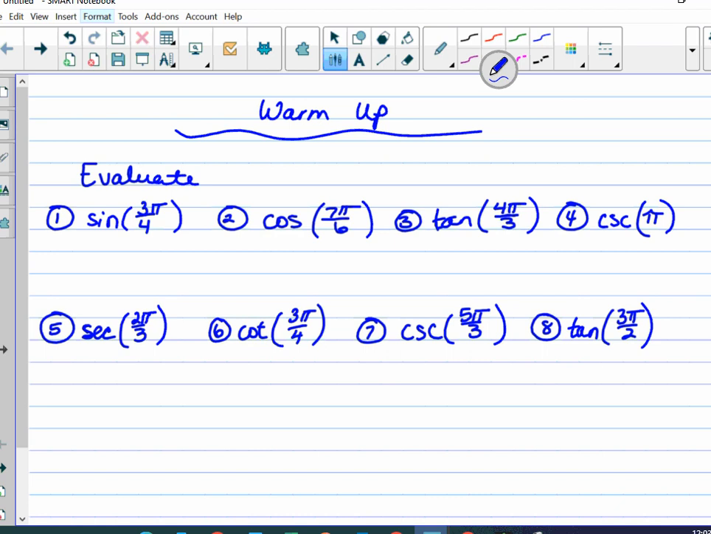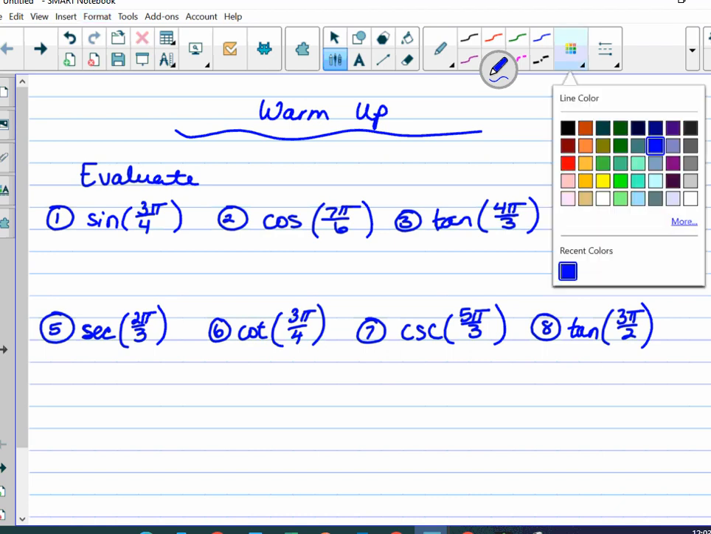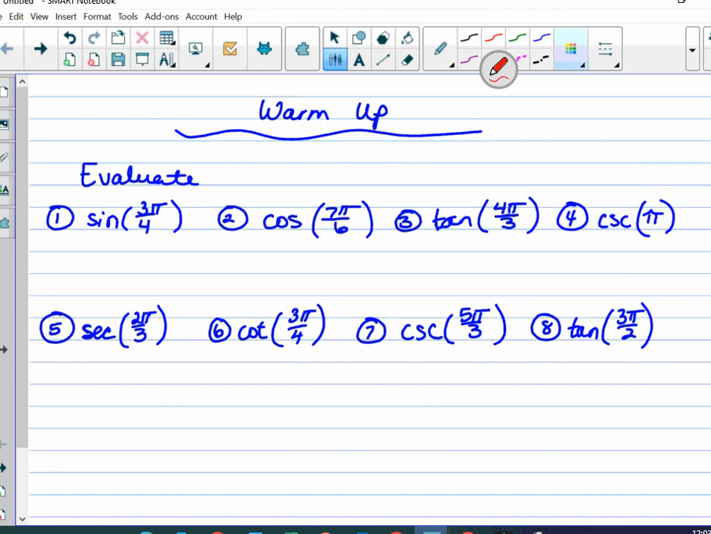All right, sine of 3 pi over 4. What you got, guys? Root 2 over 2. Good. What about cosine of 7 pi over 6? Tangent of 4 pi over 3. Positive root 3. Good. Okay, now, guys, starting this quarter, we are adding in cosecant, secant, cotangent to your time